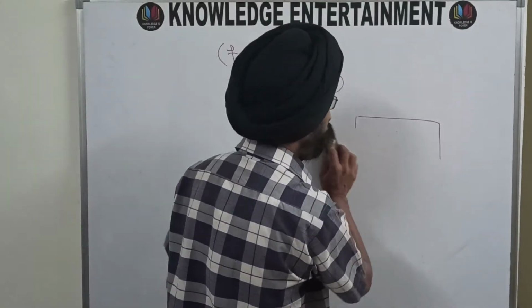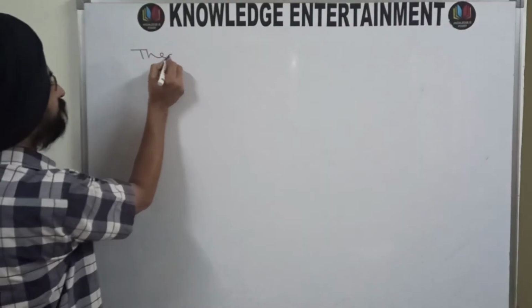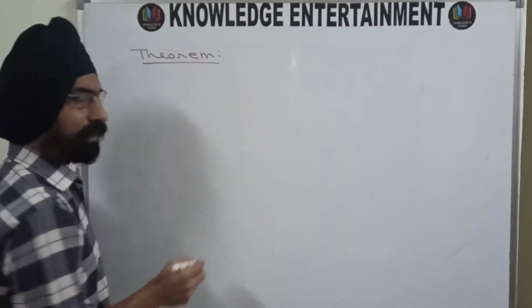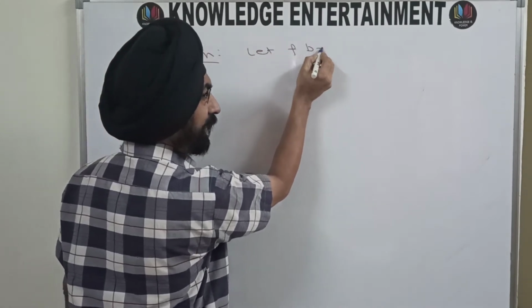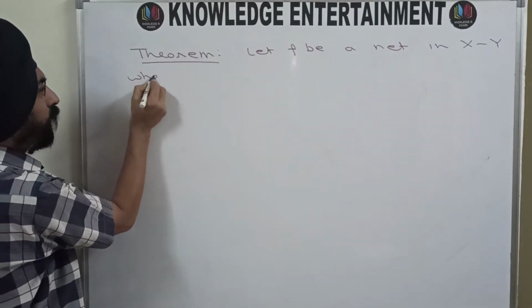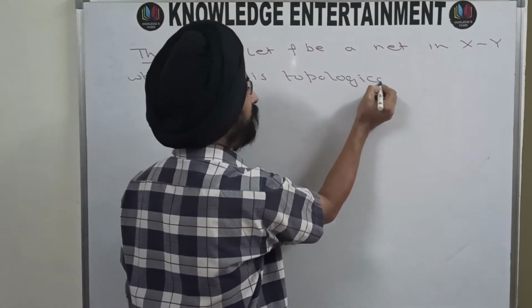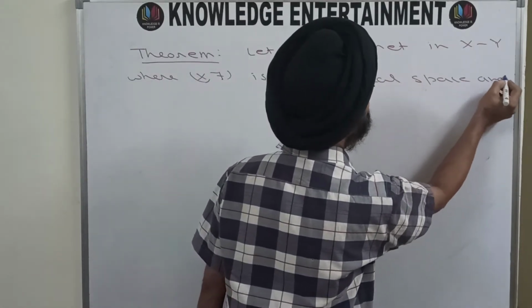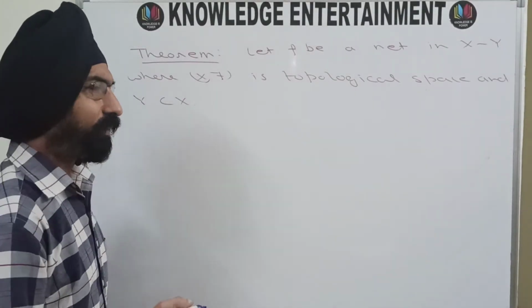And now we are moving towards the first theorem of nets. So write down the statement of the theorem first, and then we will move on to the proof. So this is the first theorem on nets which we are going to prove. Statement is: let (X, tau) be a topological space and Y a subset of X. Then